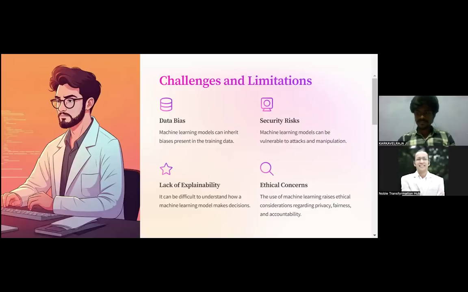If that gets manipulated, your models, everything, you lost control, so it is gone. You need to consider those things when you're making a pipeline, a model or a project. Lack of explainability: it can be difficult to understand how a machine learning model makes decisions.